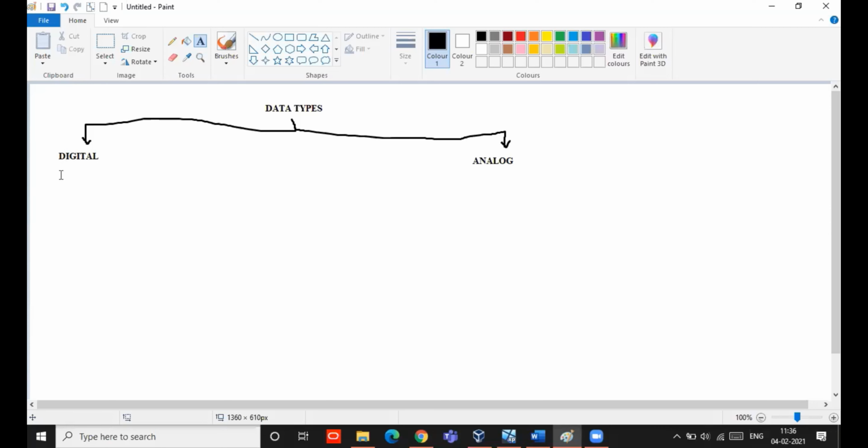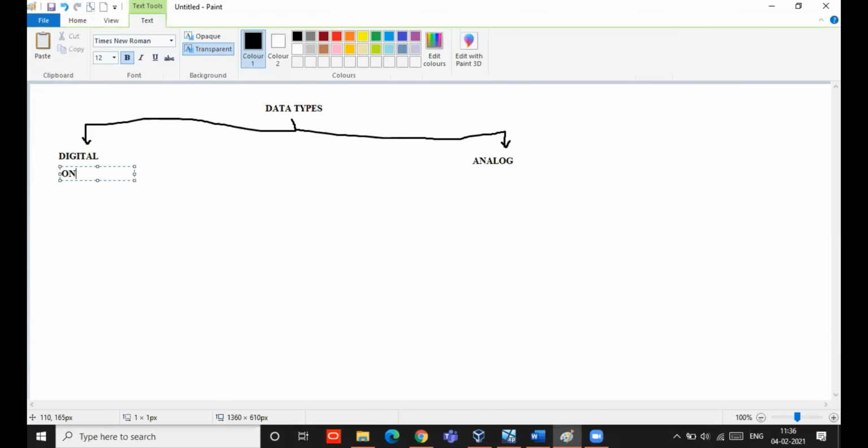Either the input or output will be on, or it will be off. How the data is stored: if it is on, the data is stored as 1. If it is off, the data is stored as 0. So there are only two statuses, either on or off.